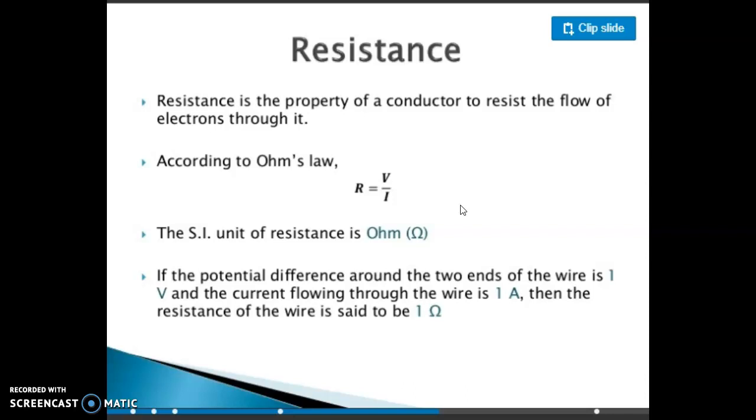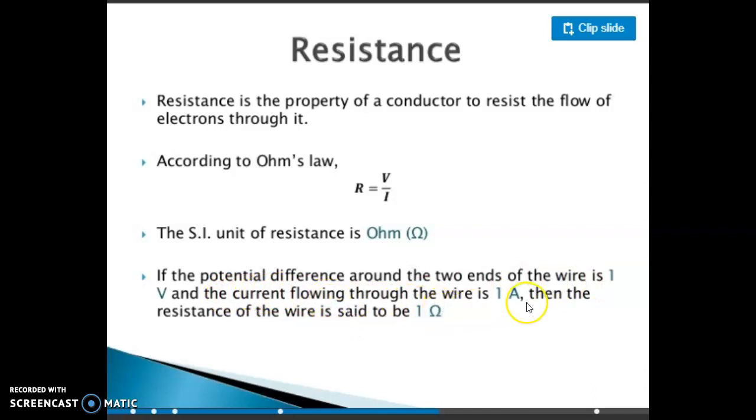That property due to which a conductor resists the flow of electrons through it is called resistance. According to Ohm's law, R equals to V upon I. What is the SI unit of resistance? That is ohm. If a potential difference around the two ends of a wire is V, the current flowing through